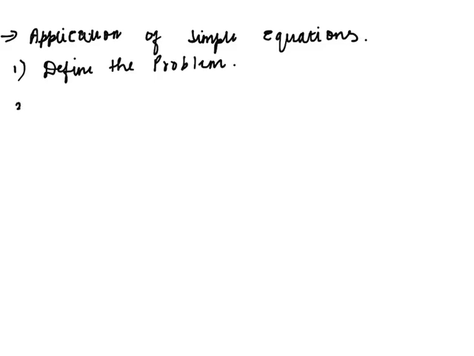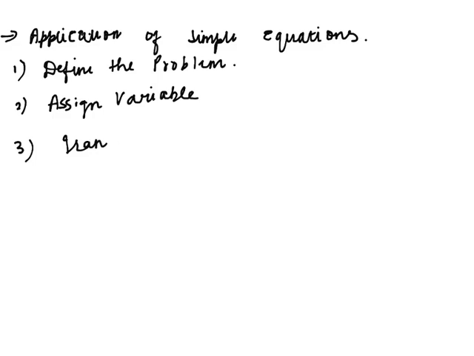The second one is assign variables. Then what we will do, we will assign variables to the values we don't know. So we can assign variables like, for the price we can assign P, for the cost we can assign C. So it will be easy for us to understand, okay, for this we assigned this variable, otherwise we can take any variable.